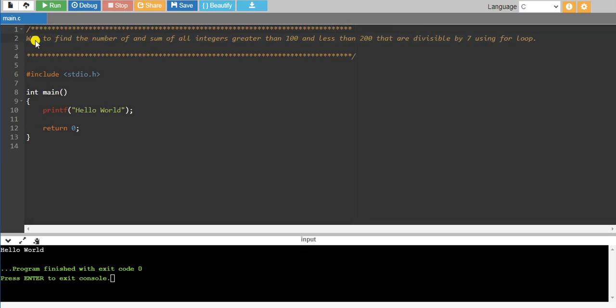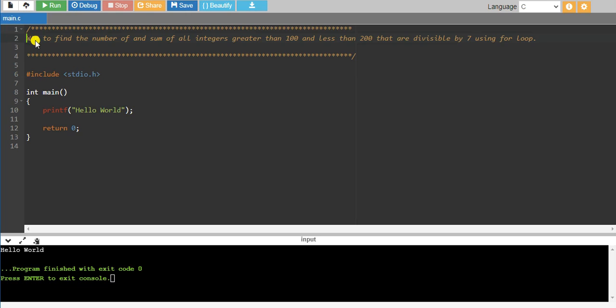This is our problem definition. What we have to write? We have to write a program to find the number of and sum of all integers greater than 100 and less than 200 that are divisible by 7 using for loop.